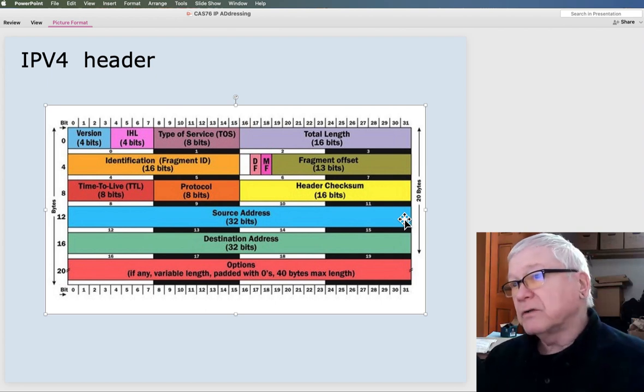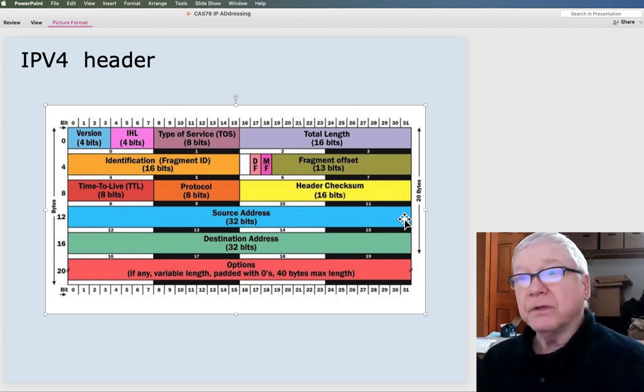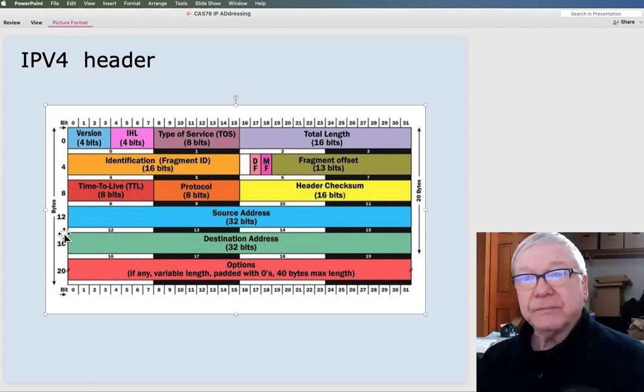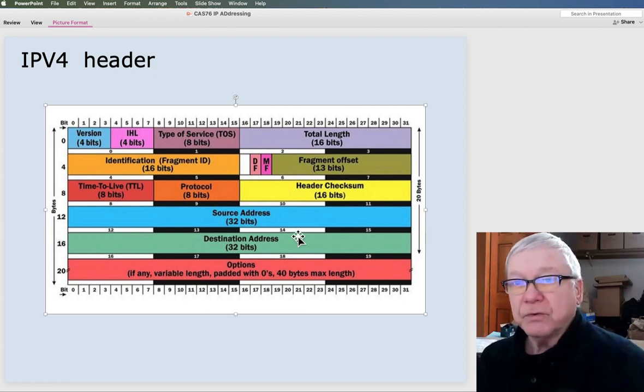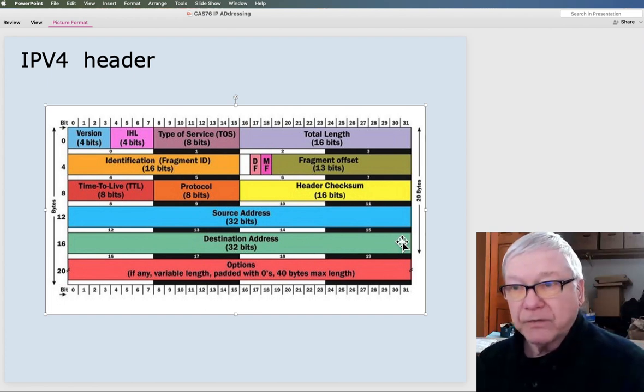At this offset in this data stream, these next 32 bits are going to be what? We're going to interpret them as a decimal number that's our source IP address, like 192.168.0.10. At this offset in the data stream, these 32 1s and 0s represent our destination IP decimal address.